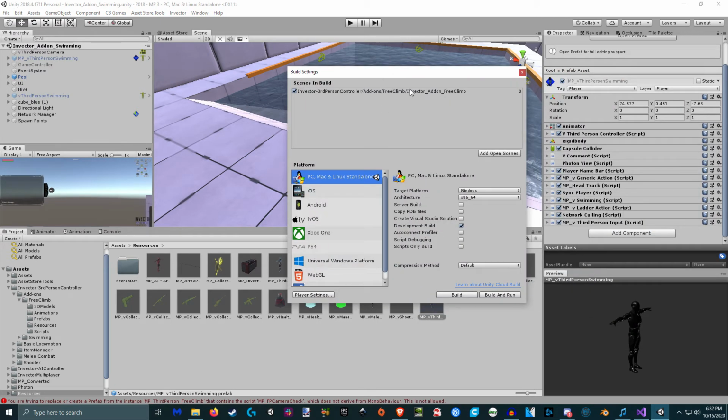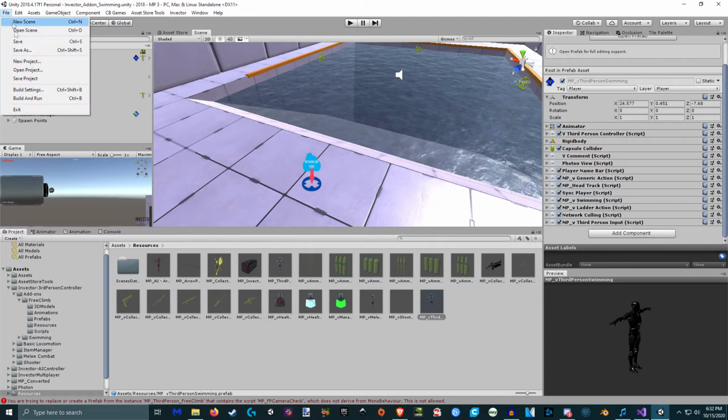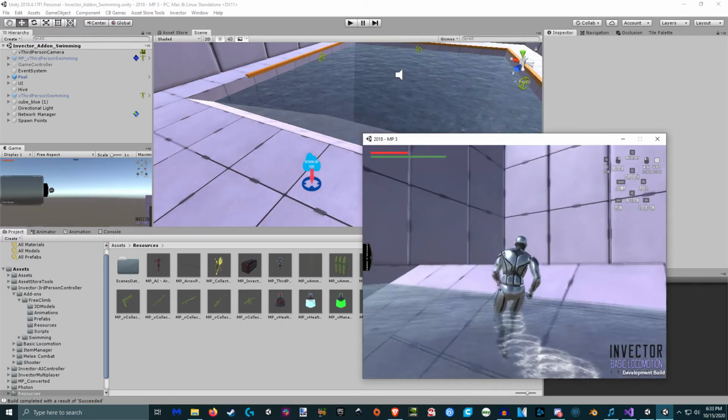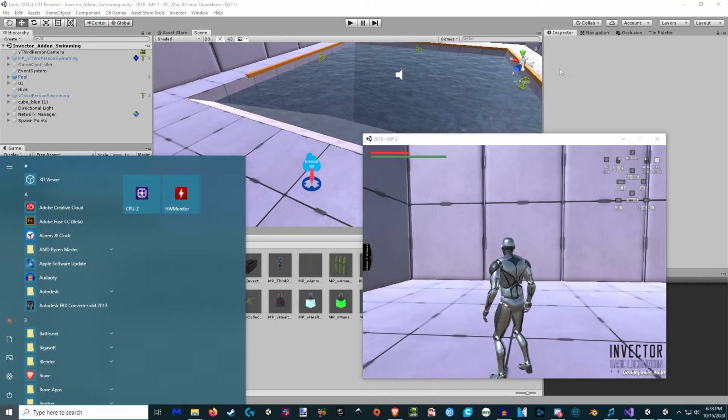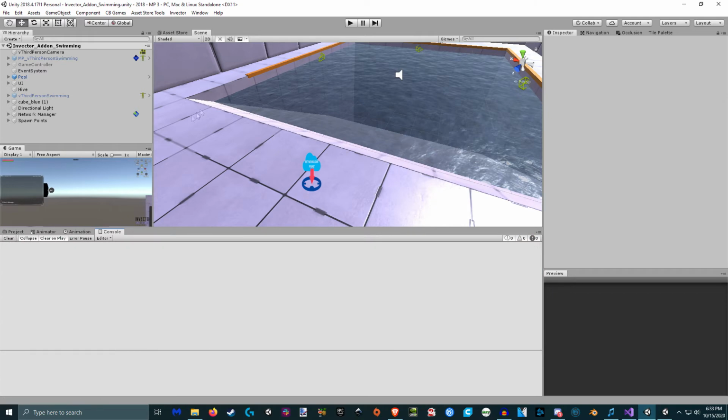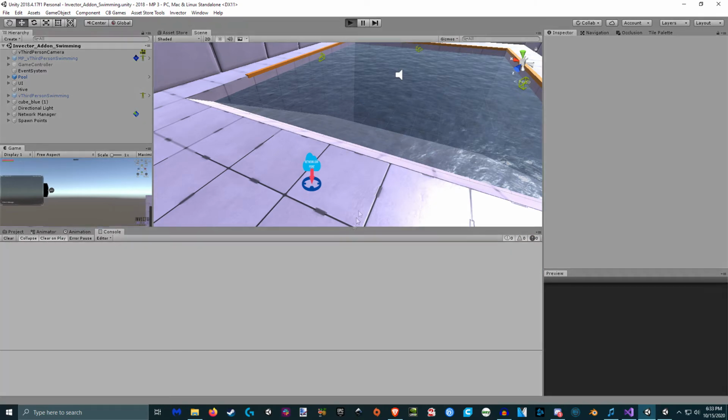This is why. So, Invector free climb. This was from my testing earlier today. Let's make sure we add the correct scene there. Now let's try it again. There we go. That's what I like to see. Okay, so with him in there, let's go ahead and clear this out because that was all free climb related stuff. And let's